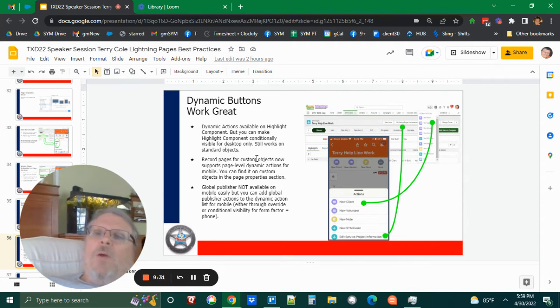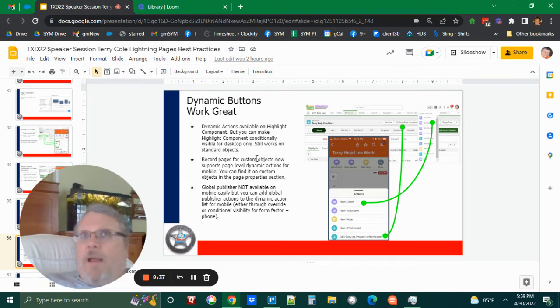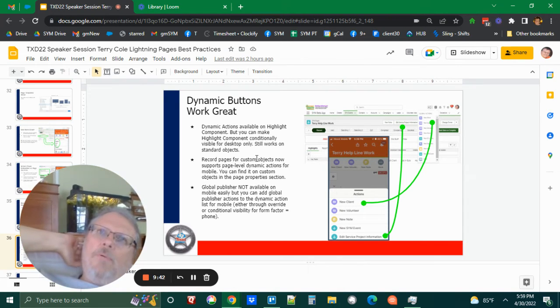Dynamic buttons work really well, but there's a little bit of confusion. Dynamic buttons typically come from the highlights component, which you may or may not be using, but dynamic buttons on desktop work really well, and I think they are now available on